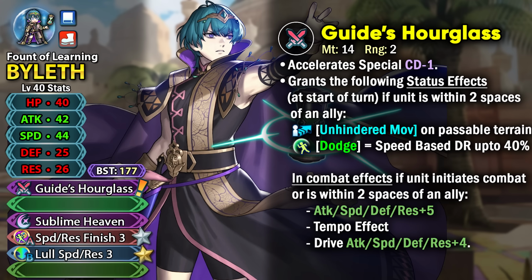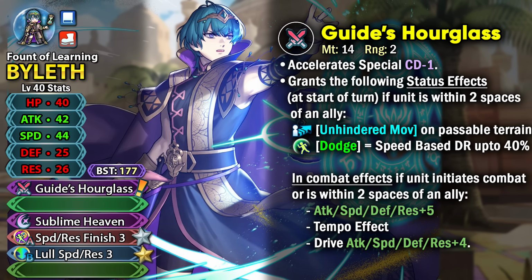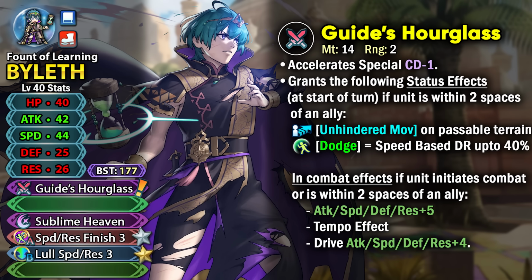And then in combat, he's able to get +5 to all of his stats and also the tempo effect. So this is really good for spamming specials. And then finally, he can also provide the spectrum drive effect to all of his allies within 2 spaces. So not only is Byleth going to be a really fantastic unit himself in combat, but he can also provide the extra stats to his allies. So he is a bit of a hybrid unit in that aspect, being offensive and also providing some support